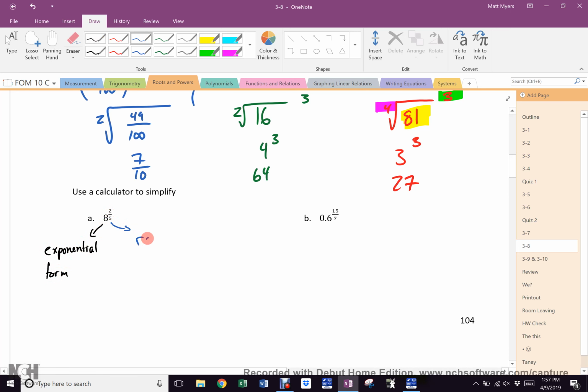I can also put it in radical form. Which is what? How would I write it out as a radical? 5th root of 8 squared. Right? Everyone agree? Right? Okay. Now,